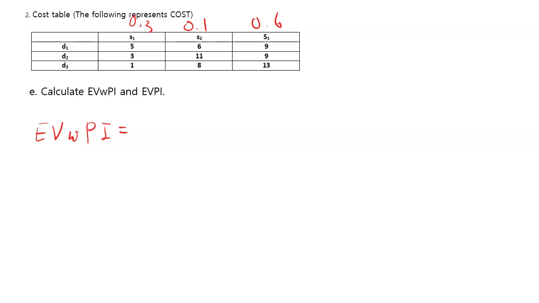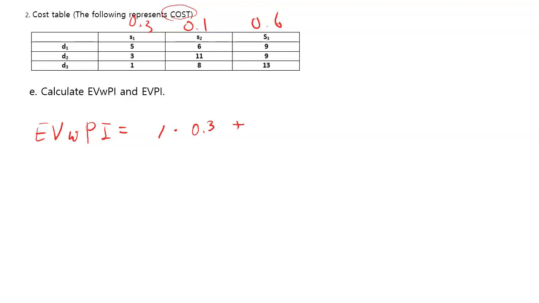So first, the probability of S1 happening is 0.3. What will be the outcome in that case? Well, out of 5, 3, and 1, remember it's a cost. So which one would it go with? It would go with the lowest number, so it's 1. So you do 1 times 0.3. Plus,